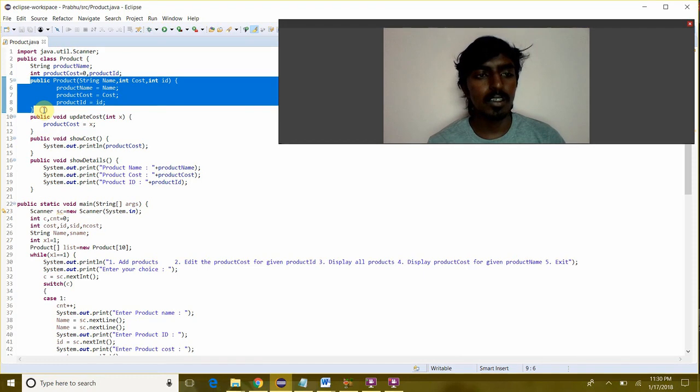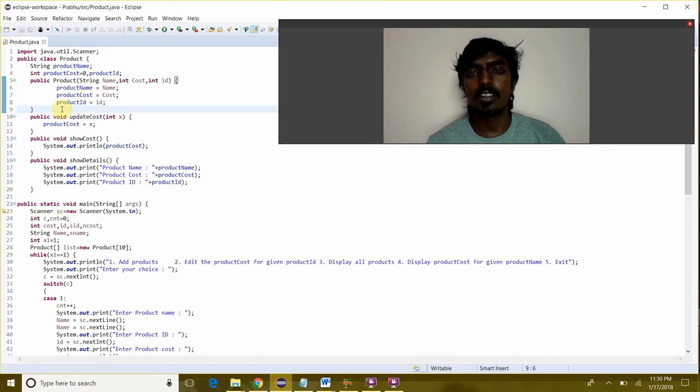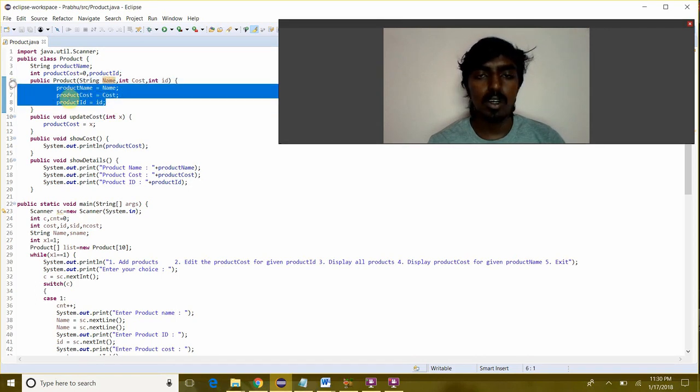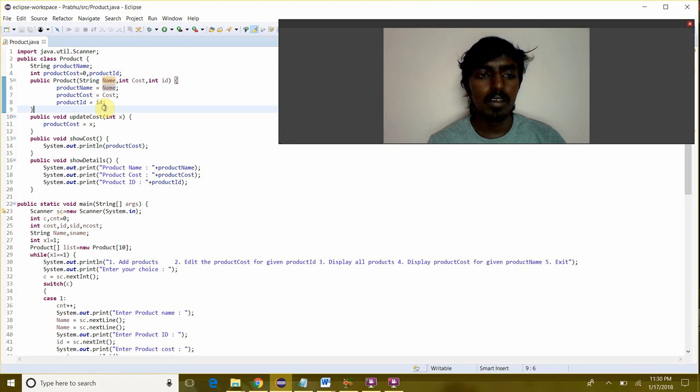This is a constructor, public product, which gets initialized once the object is created in the main function, and it gets the name, cost, and ID from the main function as parameters,